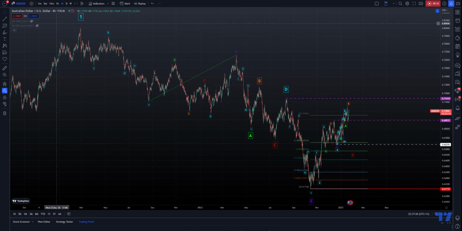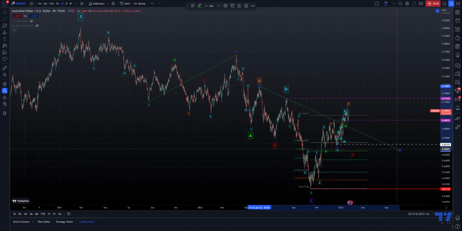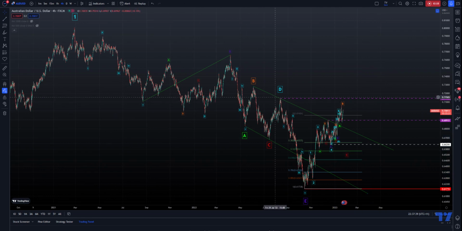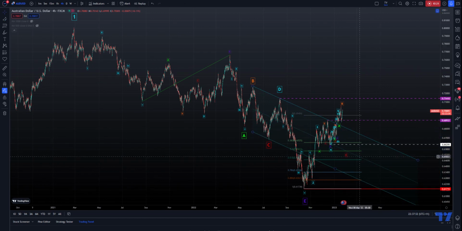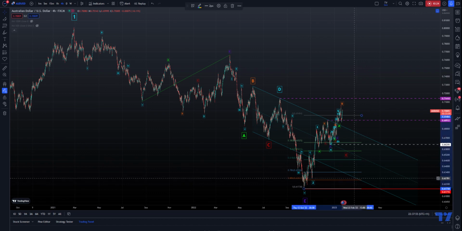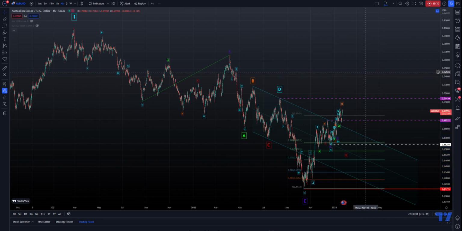that probably wouldn't be a good idea, but this B and D potentially, or it could be A and C, or it could also be the midpoint of a channel, right? So something like that, midpoint of a channel, could be some confluence down the track here, depending on how this particular move goes. There could be some area of confluence relating to this type of channeling technique,